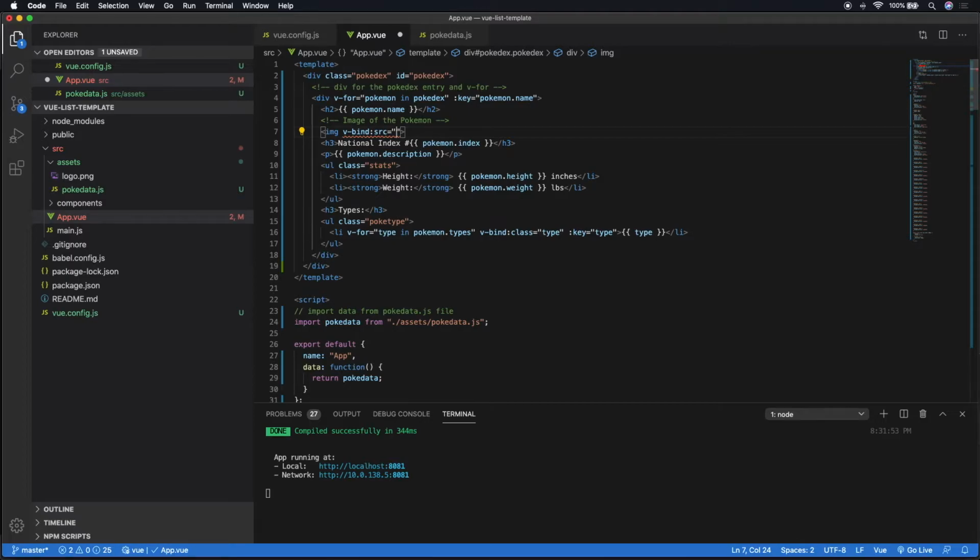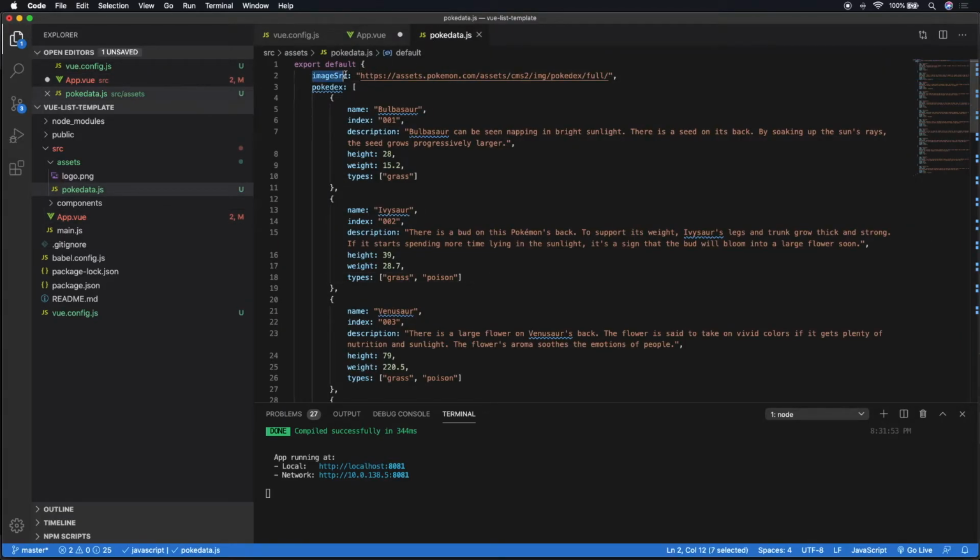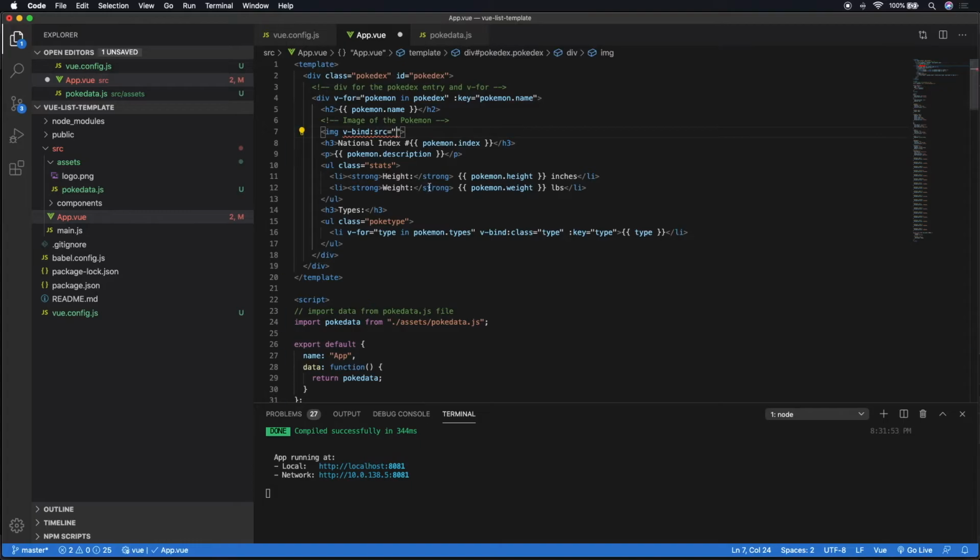But let's just go ahead and go forward. We need that URL, which is over here. It's the variable image source. So I'm going to say, sure, it's going to be image source